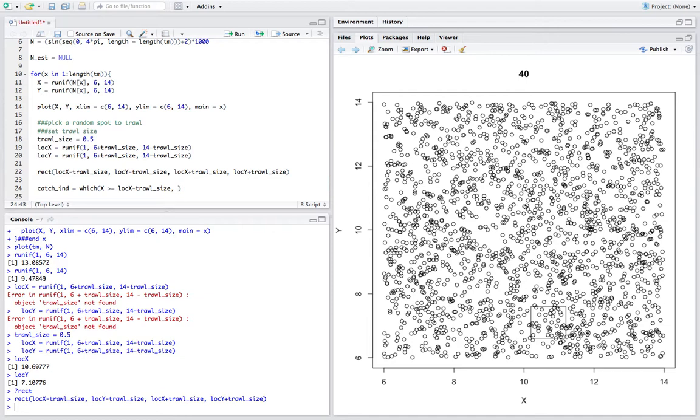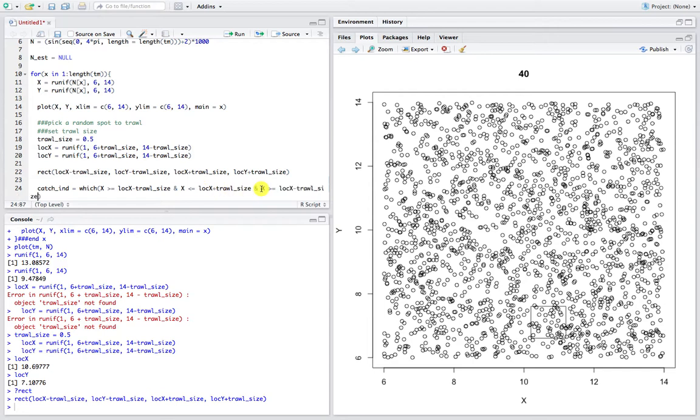And we want to know which things are, let's just change this to less than, plus trawl size. So that's at this line, that's the defined. So we want to know which of our X values are between this line and this line. And we're going to, oops, this should actually be an and. So we want to know whether or not this is true and this is true